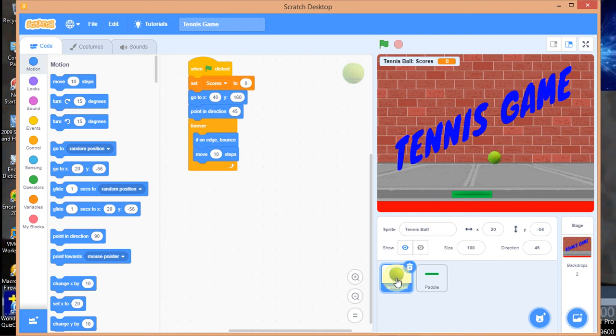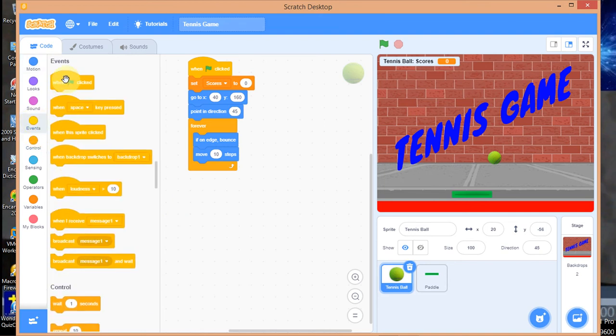I'm still on the tennis code. So the next code block, where do I go to? Okay, let's start a new program now. So go back to events. So when flag clicked, let me just put it sideways. Okay, so when flag clicked, and what should happen now? I want, if this ball is touching the paddle, then you should play a sound, something like a pop sound, then also increase my score by 1. If this ball is touching the paddle, then play pop sound, then increase my score by 1. Okay, so that's what I want to do.